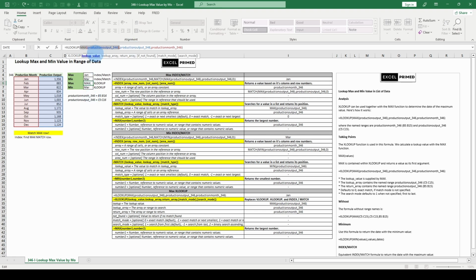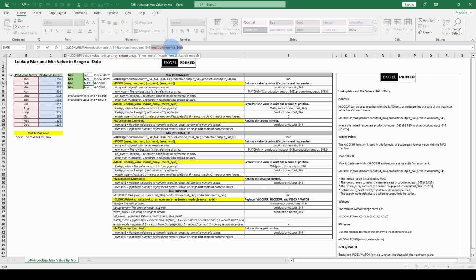Simple. If you don't like the name range, change the name range, or just use cell reference, and then put a MAX within this nest. Within this expression, just include the MAX or the MIN. What do we do next with XLOOKUP? Our lookup array. Well, it's the same thing as INDEX MATCH. MATCH is going to ask the same thing. The return array is a bit different. It's the same as INDEX, but